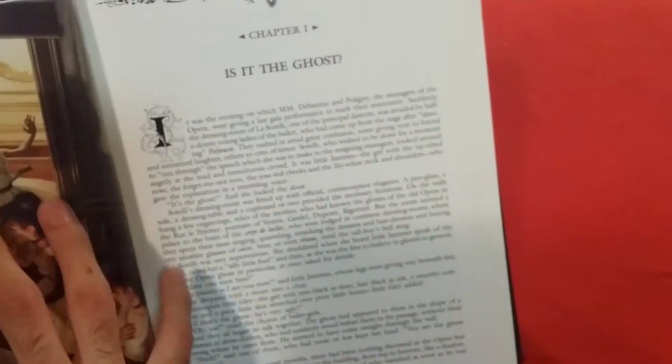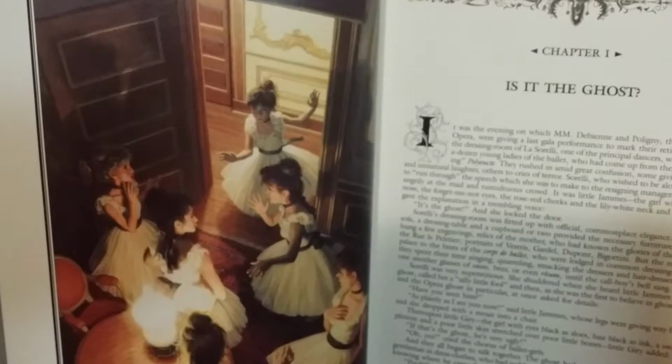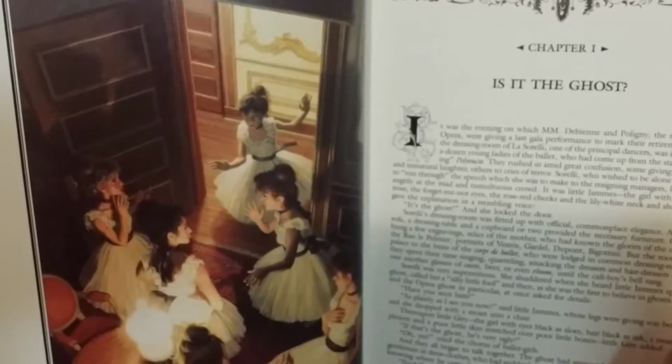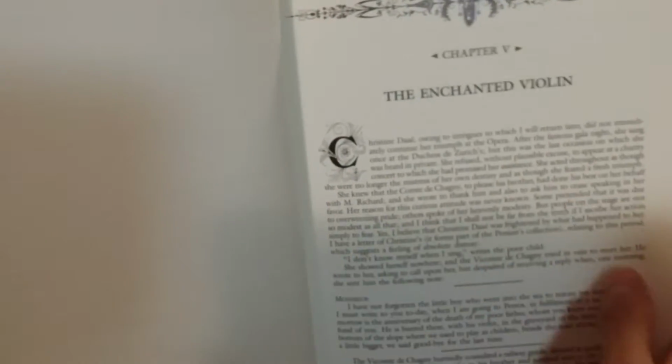So there's the first chapter. Is it the ghost? I'm just going to skim through these illustrations real quick. I won't be able to show them all, but there's this one right here, the corps de ballet, after they've seen the opera ghost. I'm actually gonna look for my favorite. There's Christine and Raoul right there. But I want to show you my favorite. I think, in my opinion, the best of all the